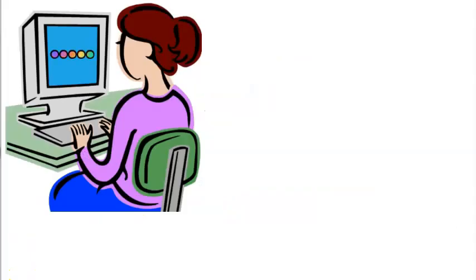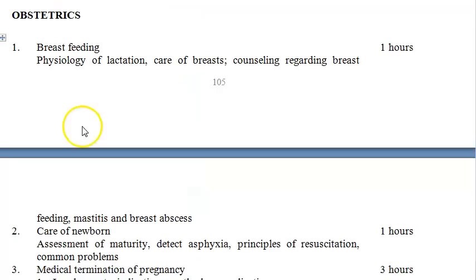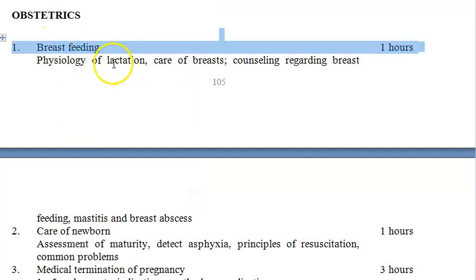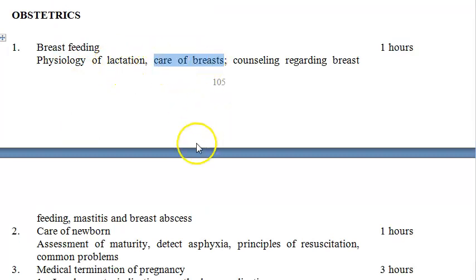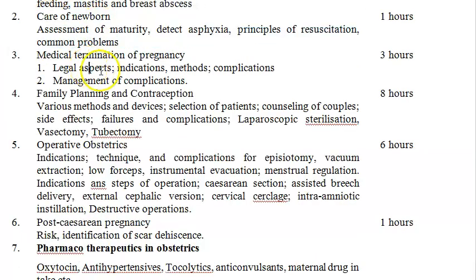Okay. Actually, there's a little more, guys. Sorry, I thought it was the end, but yeah, little more. Breastfeeding. How to care for breast. Okay. Breast abscess. All this you should know. How to care for a newborn. We'll go fast, don't worry. How to detect asphyxia, medical termination of pregnancy, family planning, contraceptive, vasectomy, tubectomy. Then operative, you should know